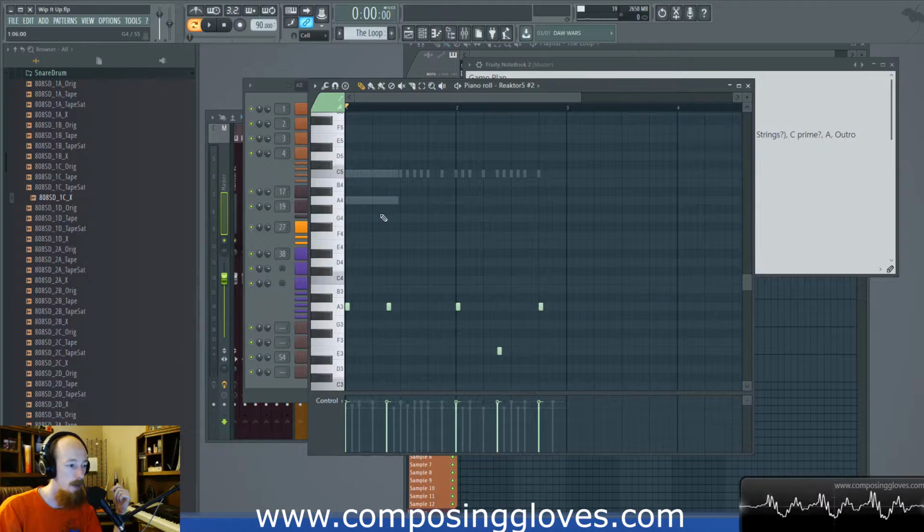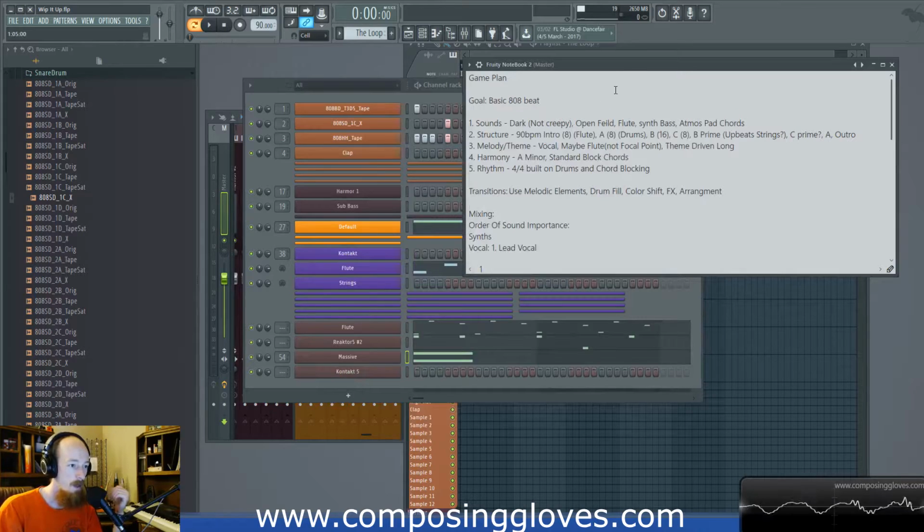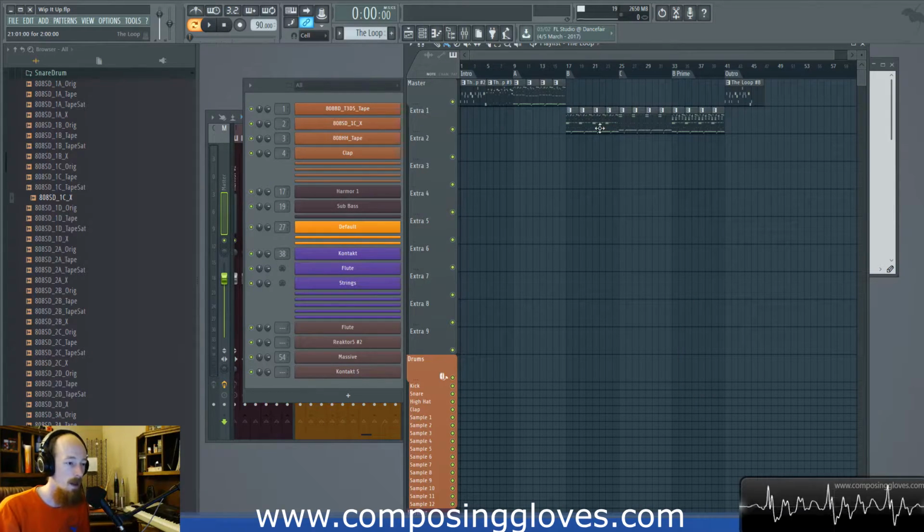Because of the way the verb on them and the way they ring out, I was going to write out longer chords, but I ended up just using that little segment because that's all I needed. So once I have this, I'm moving into my structure now. So first I drop it down.